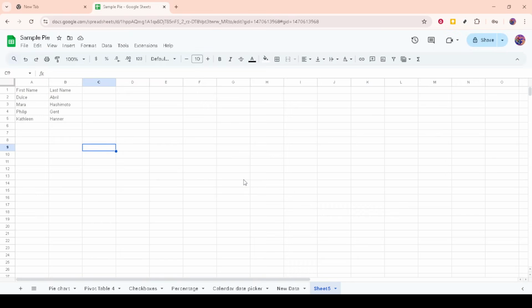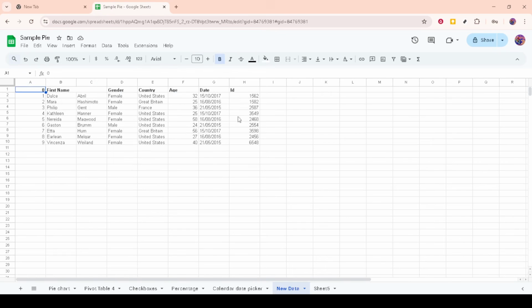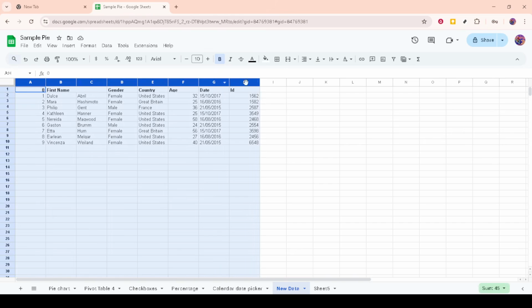Next, you'll need to identify the columns that require resizing. Simply click and drag your mouse to highlight these columns. Highlighting ensures you're selecting all the columns that need adjustment simultaneously, which saves a lot of time compared to adjusting each column individually. So make sure you've highlighted all the columns you wish to auto-fit.